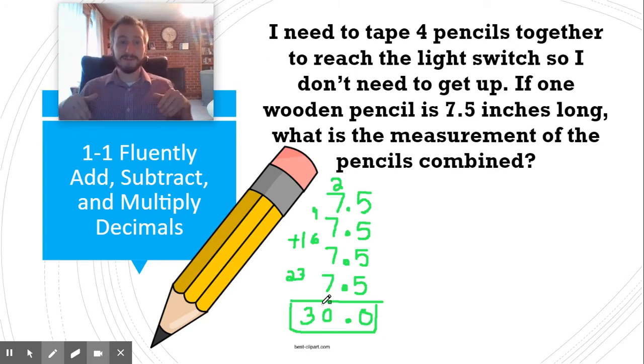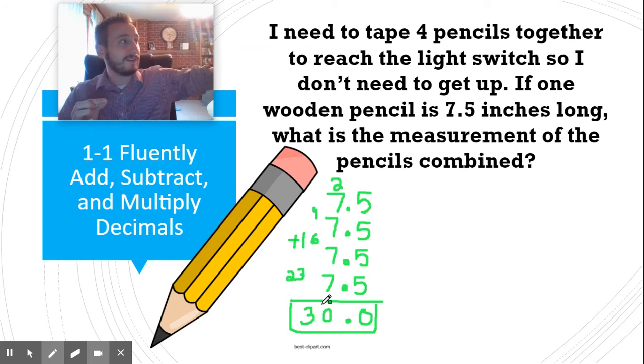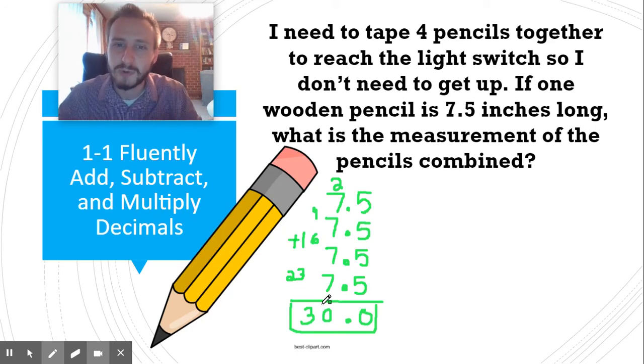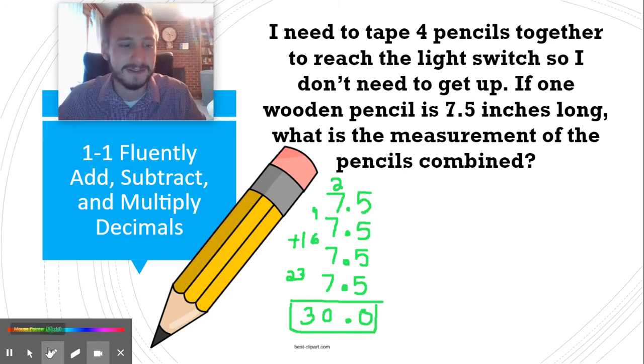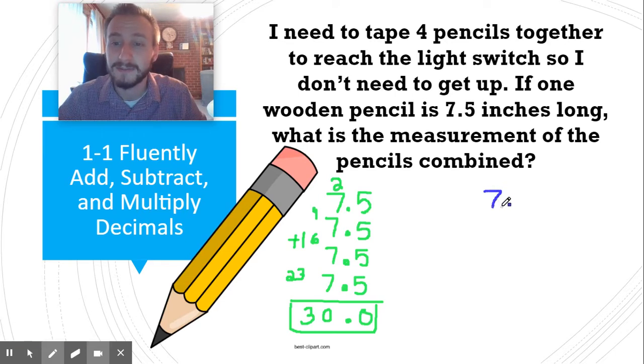So from here in my seat to the light switch that's over there, if I taped 4 pencils together that were 7.5 inches long each, then I'd get 30 inches in total. Let's try a multiplication problem and see if we get the same answer. So if I take 7.5 and I multiply it by 4,